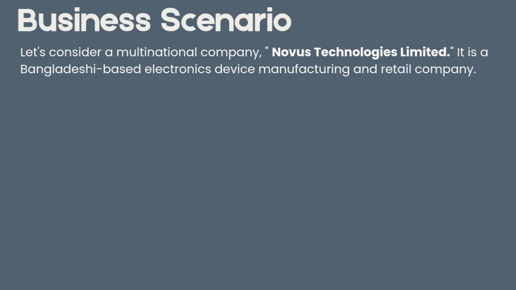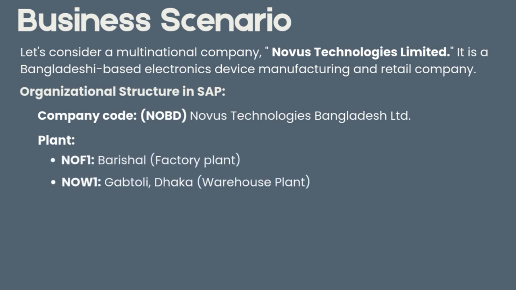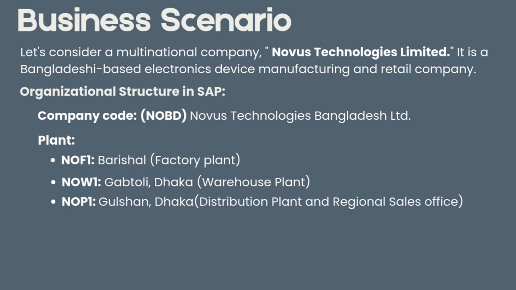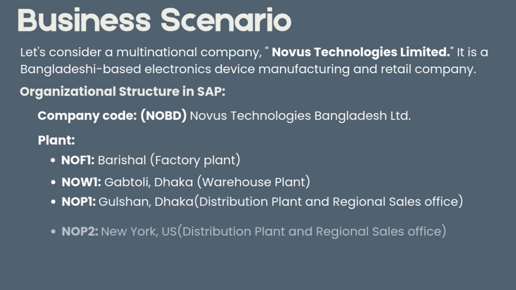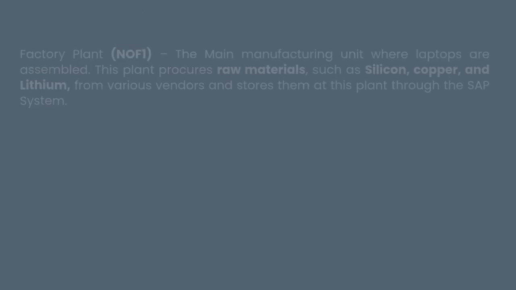Business scenario. Let's consider a multinational company, Novus Technologies Limited. It is a Bangladeshi-based electronics device manufacturing and retail company. Organizational structure in SAP. Company code, NOBD, is Novus Technologies Bangladesh Limited. Plant as NOF1, for factory plant. NOW1, warehouse plant. NOP1, distribution plant and regional sales office for Dhaka. NOP2, distribution plant and regional sales office for US. Factory plant,